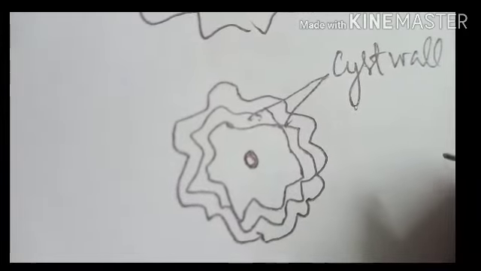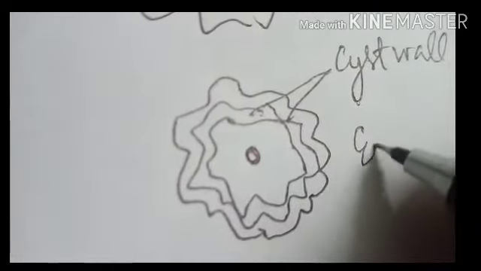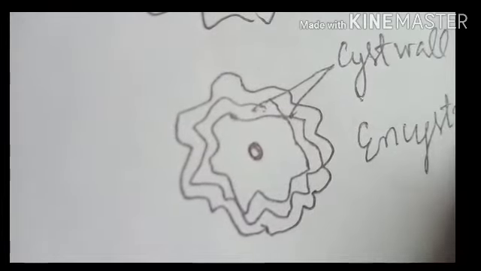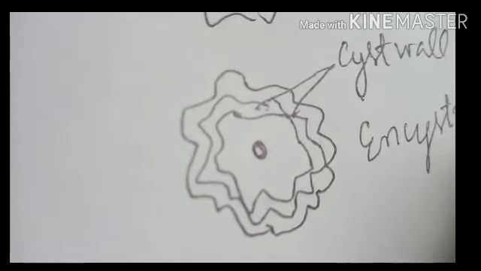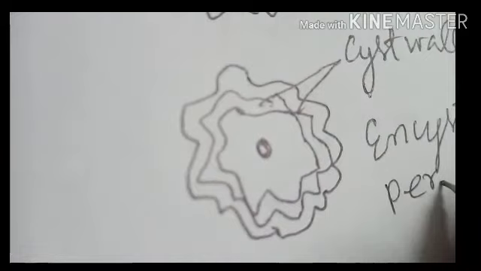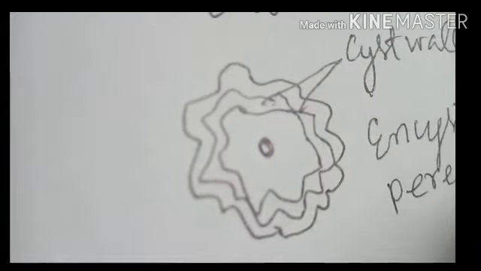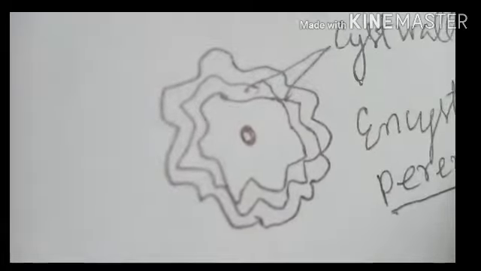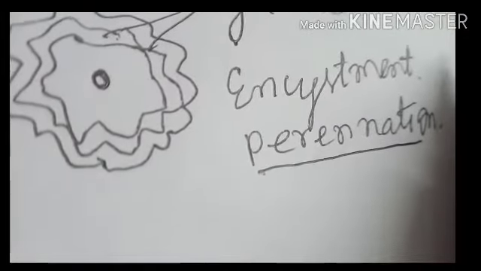This process is called encystment. Encystment is a means for perennation. And the amoeba gets preserved, and as soon as favorable conditions return,